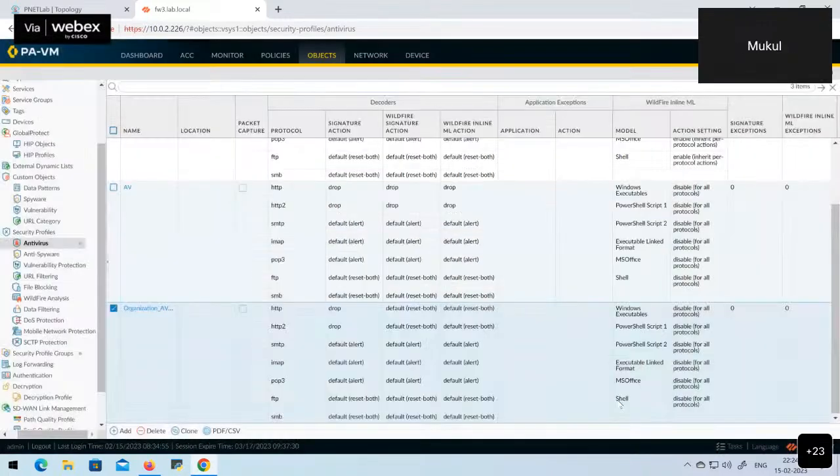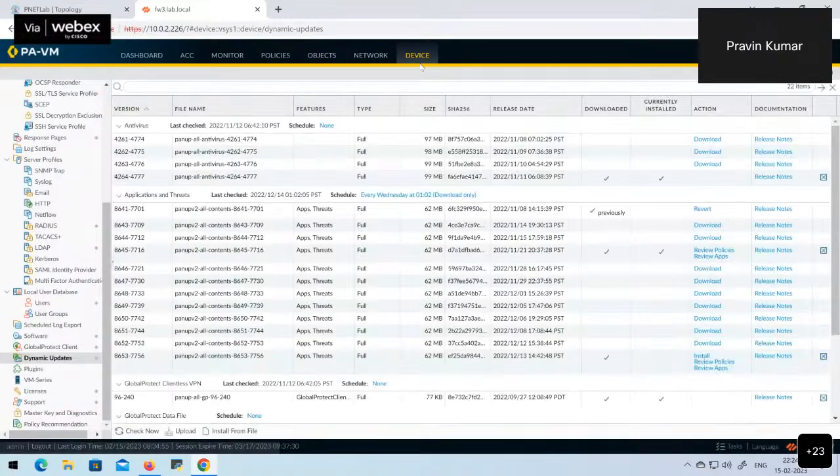Okay, I got your point. So it's allowed, but then what happened? Antivirus kicks in. Now antivirus says that this is a freeware file